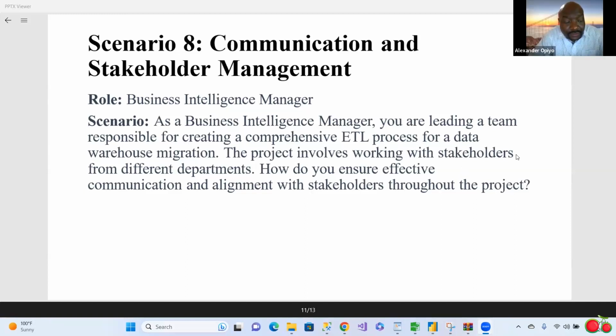All right, your next question. Explain your approach in setting clear project expectations and goals with stakeholders to ensure minimal misunderstandings. So give us your approach, how you set clear project expectations and goals with your stakeholders to ensure you have minimal misunderstandings. So as I said before, what has been working for me for the stakeholders to understand